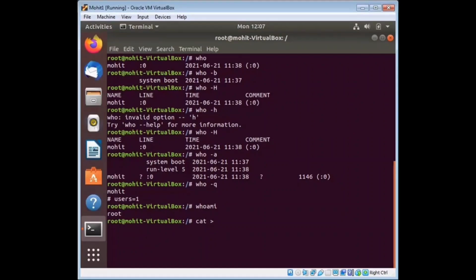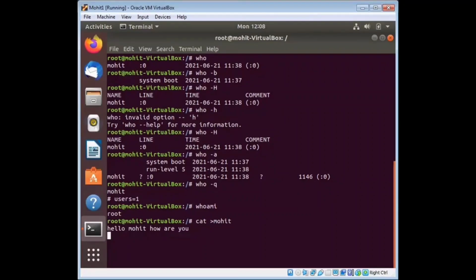Type cat, space, greater than sign, file name, like cat > Mohit. Now my file is created. Now we have to type in the file: Hello Mohit, how are you?